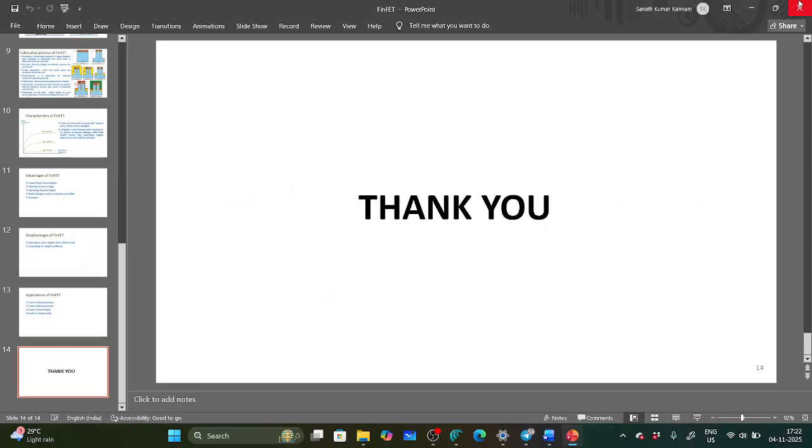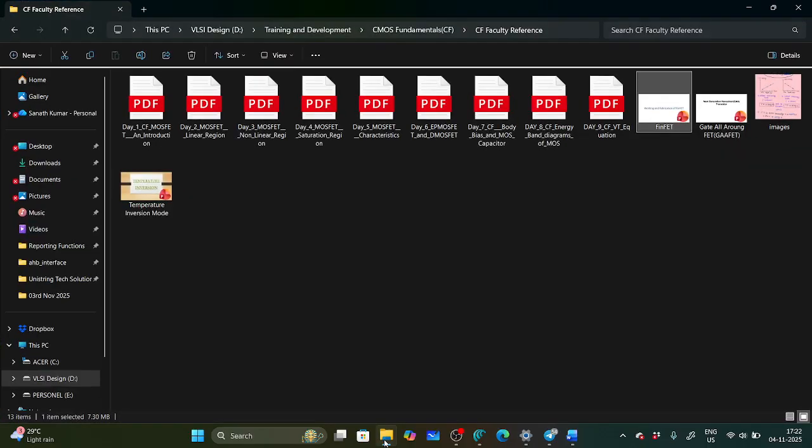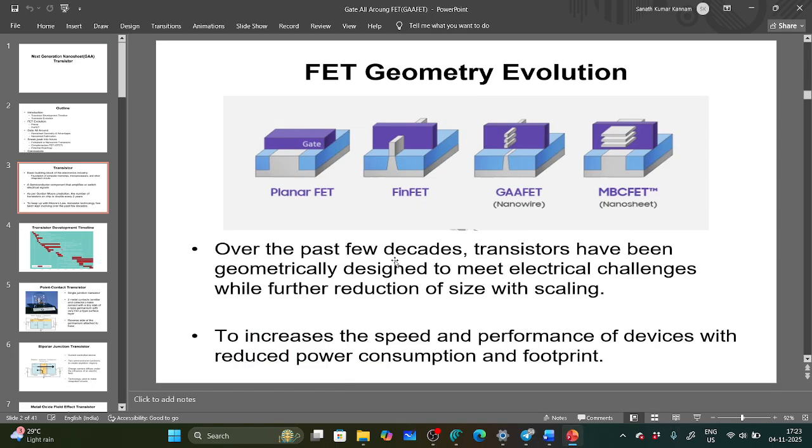So next we'll see about GAAFET. These are the technologies that are there in VLSI. GAAFET, gate around FET. So if you see the GAAFET,